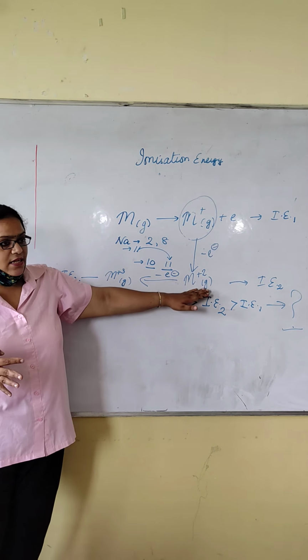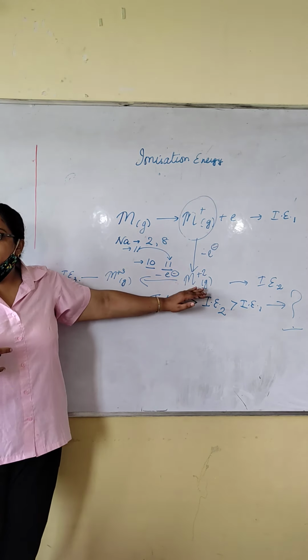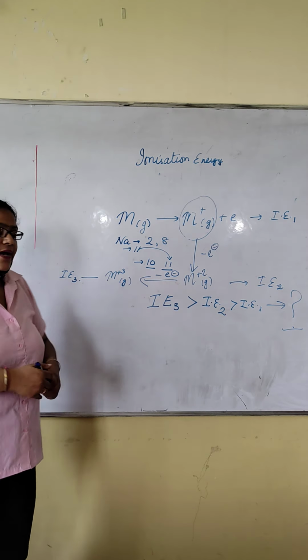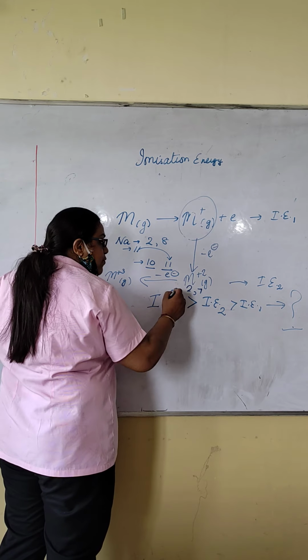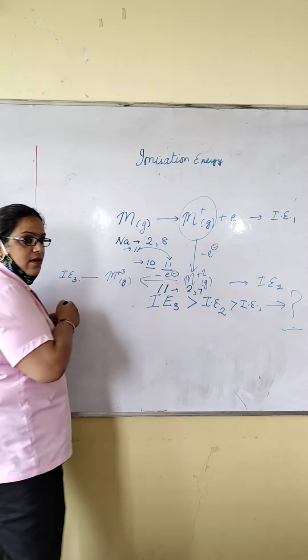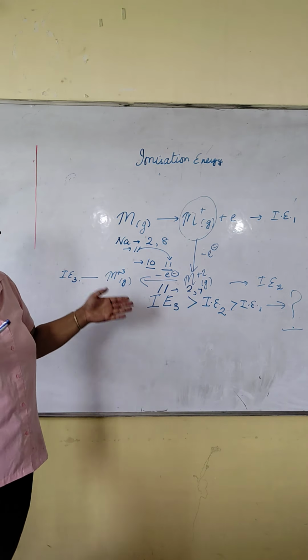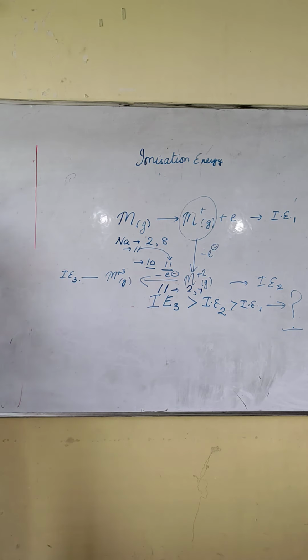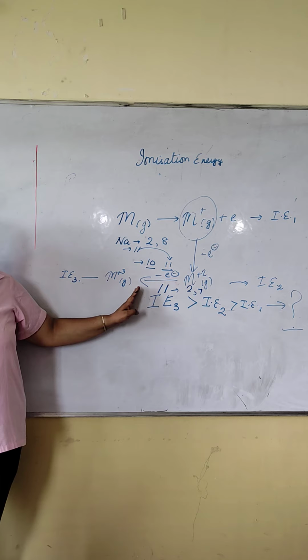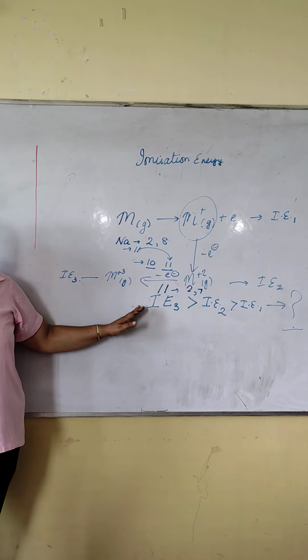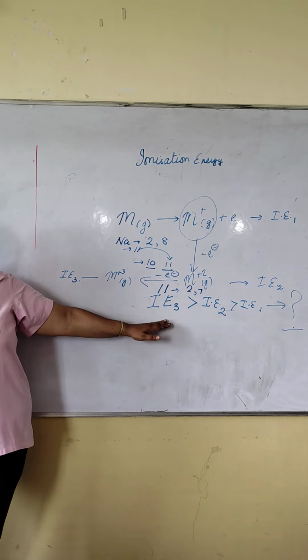Now come to this case. Again, suppose this is a case of sodium. Now here it is having 2s2 2p... suppose. Again the nuclear charge is 11. So now again more energy will be required to remove the third electron. It is for every atom. I hope it is clear to you?